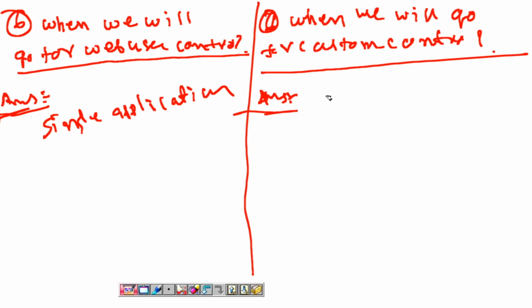Custom control. So that is the story. So, when we want to develop a user control for a single application, we go with a web user control. For multiple applications, we go with a custom control. Right. So this is the